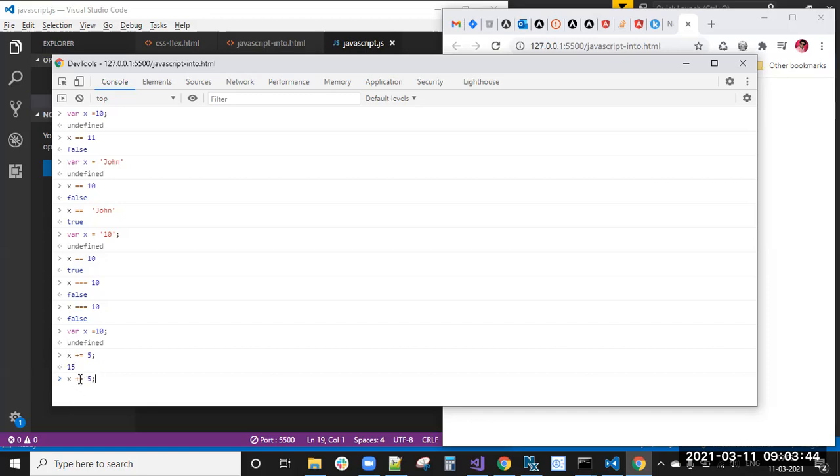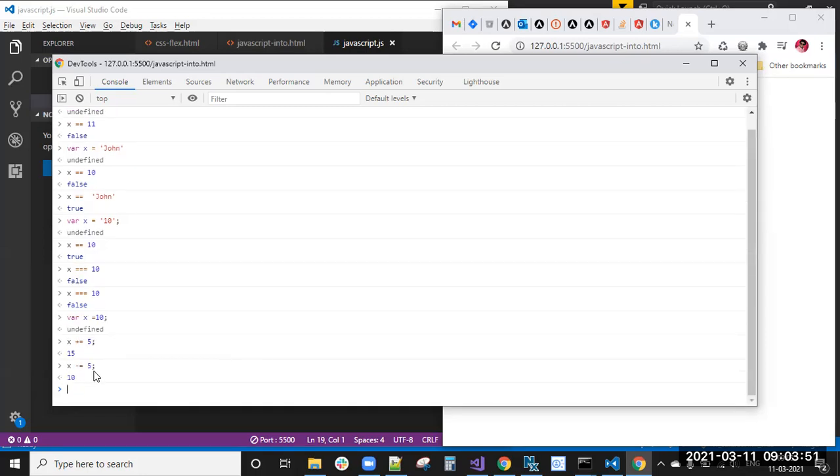Similarly, next, x minus equal. Now you will get already x value to 15, right? 15 minus 5, 10 you will get. Now, x star equal, that means multiplication. 10 into 5, 50 you will get.